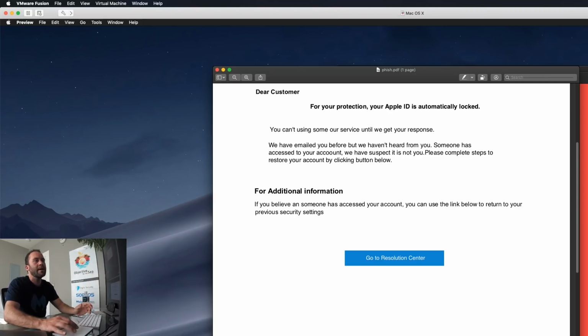People fall for this. And then once they entered their username and password into the website, if the phishing attack was smart, it would redirect to Apple and perhaps really reset the Apple ID so that the user would not be aware that anything suspicious had just occurred. But obviously in the background, squirrel away a copy of their Apple account information. And then armed with that, they could perhaps do things like apply for a developer certificate or access sensitive information